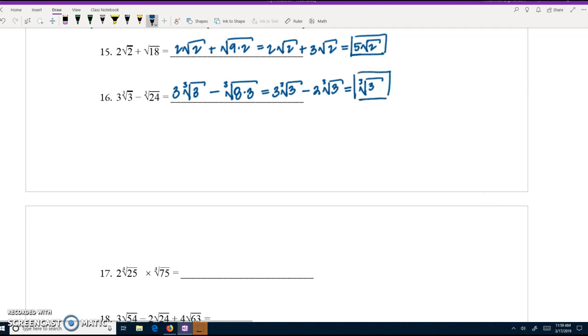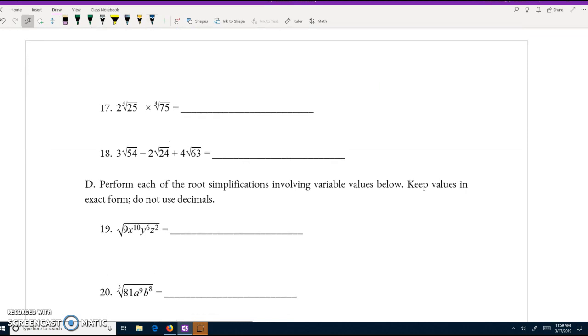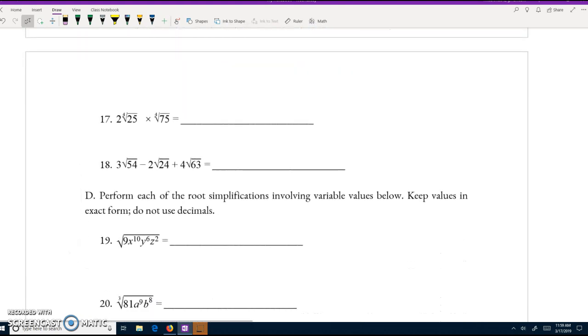Now we've got a couple more of these. Next up, we're doing a quartic root operation. So with the quartic roots, what I want to see is whether or not I can pull out any values that are something raised to the fourth. But notice that the difference here is that I'm not subtracting, I'm multiplying. So here, if I multiply 25 by 75, I can work with that because I'll have 2 times the quartic root of